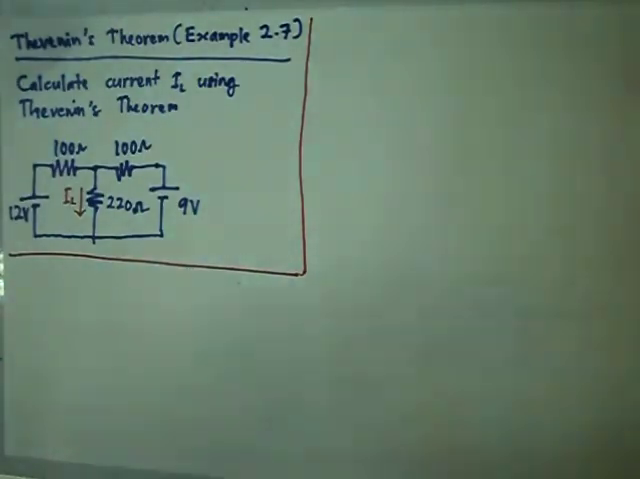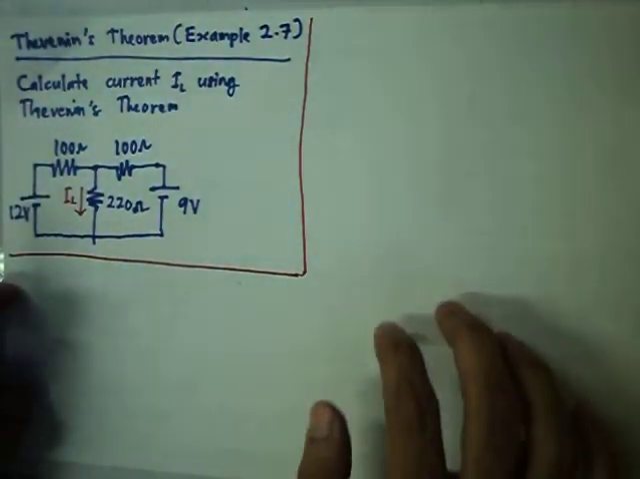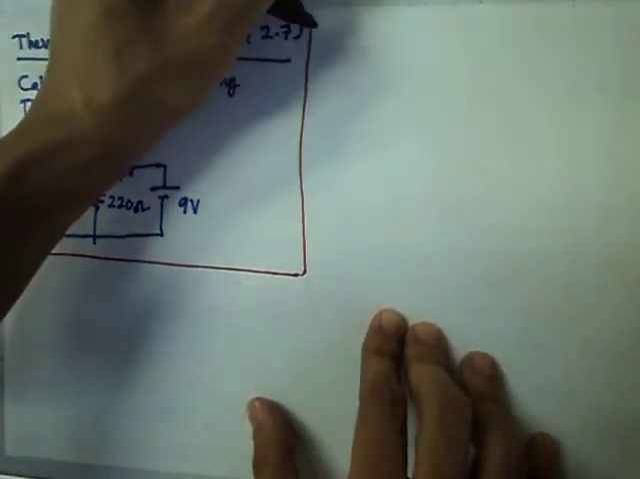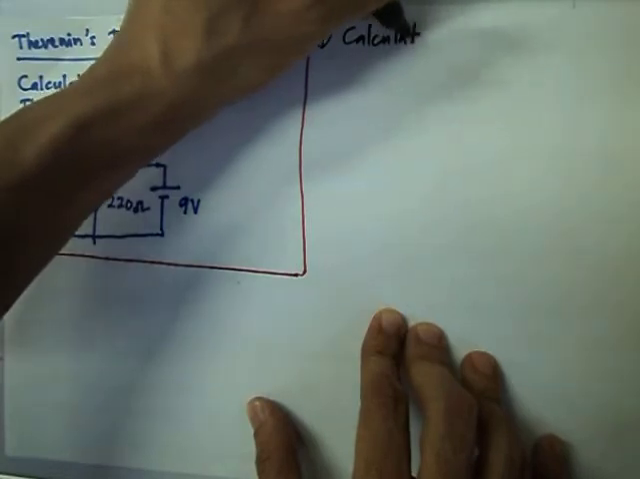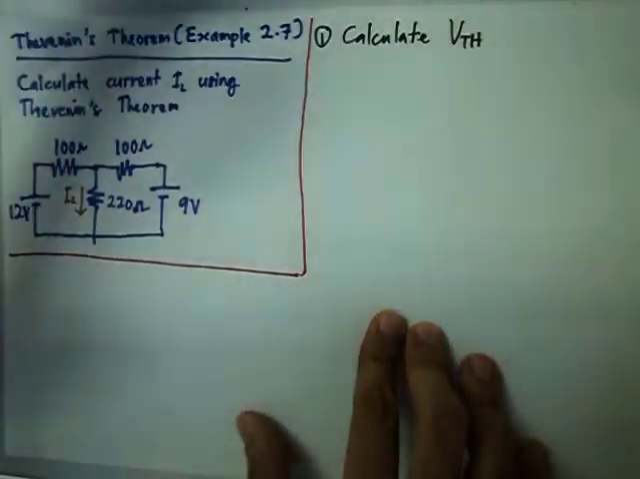So, first step, you have to know where is the current IL that is required by the question. Here IL is in the center of the circuit and flows through the 220 ohm resistor. So first of all, we have to calculate VTH. Calculate or determine VTH. So we draw the circuit again,